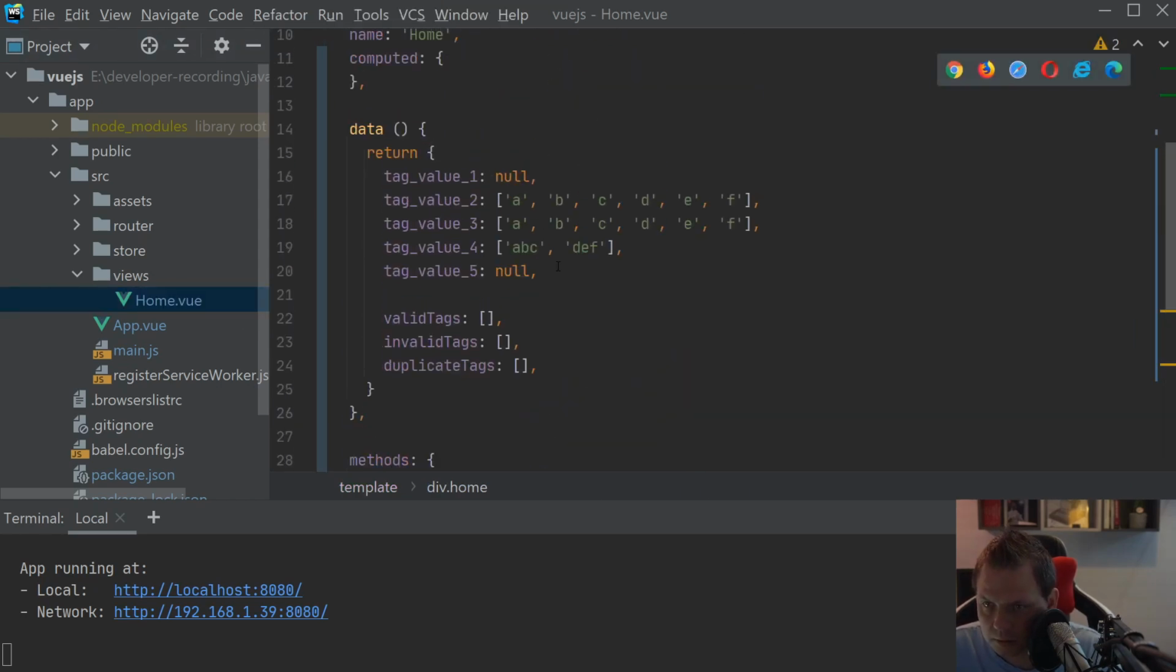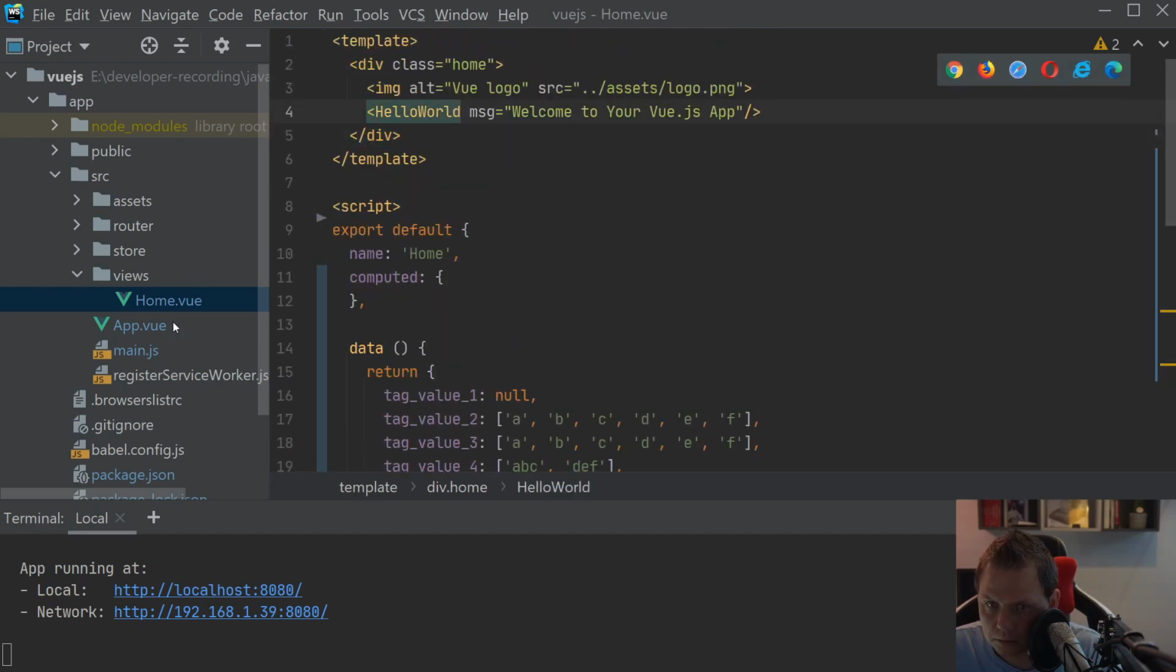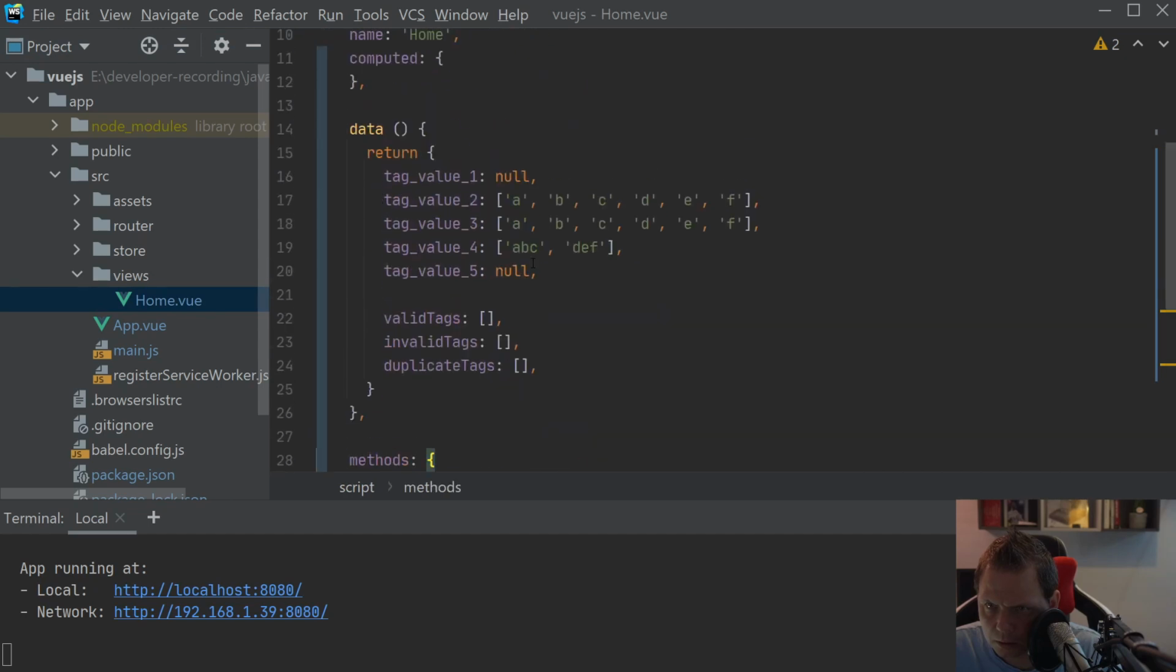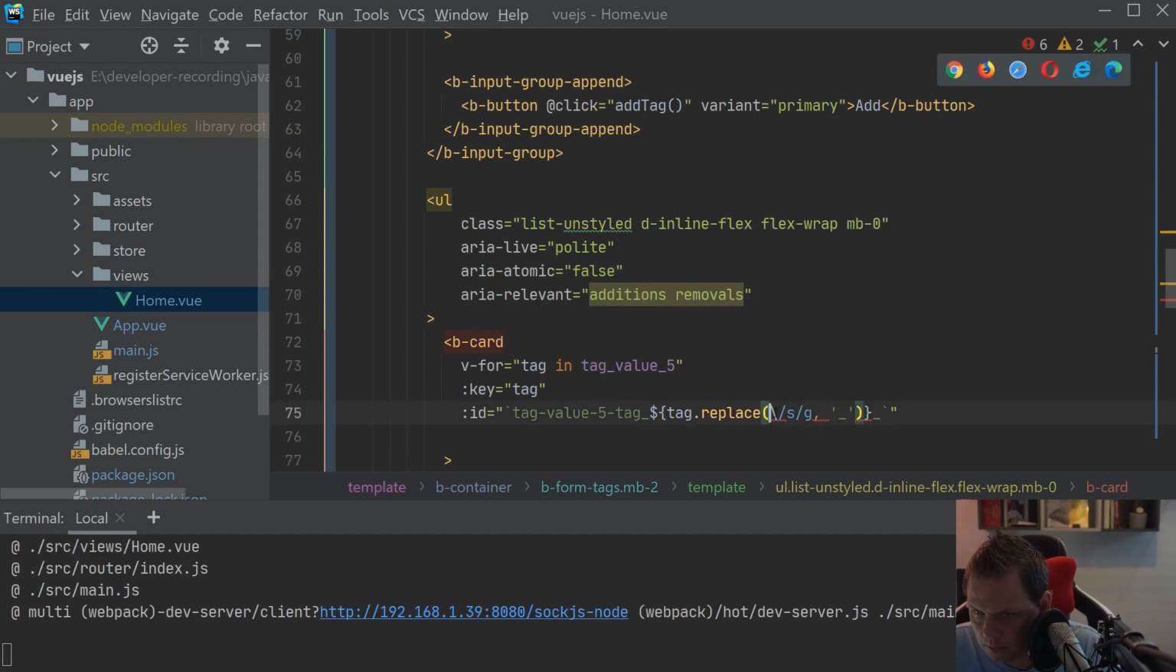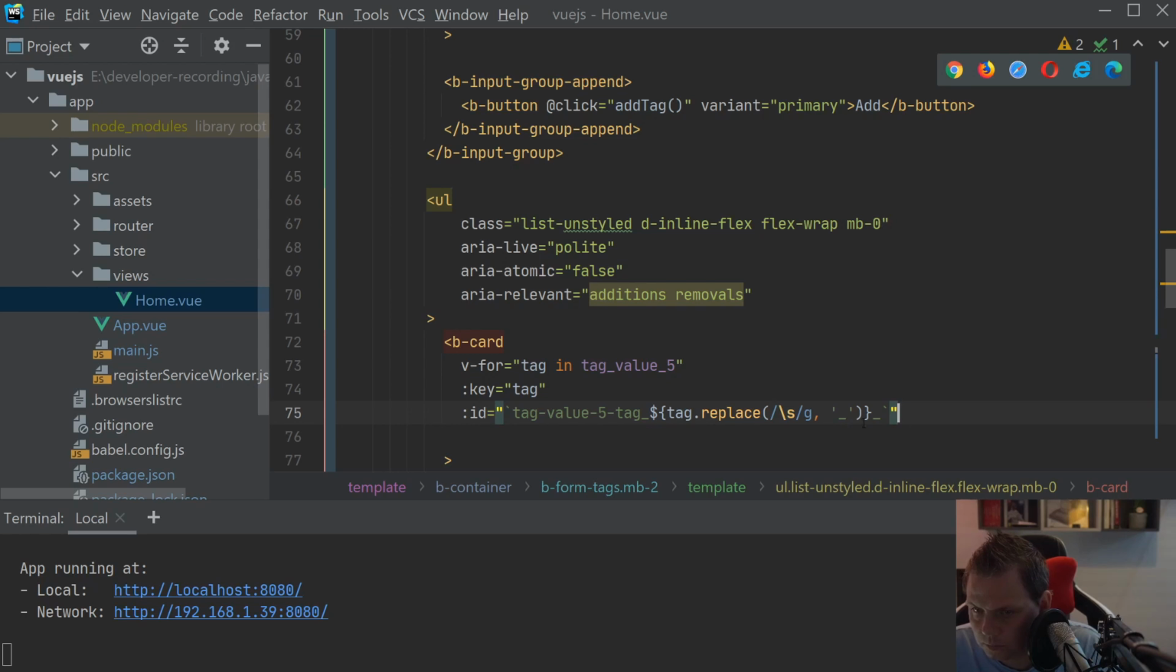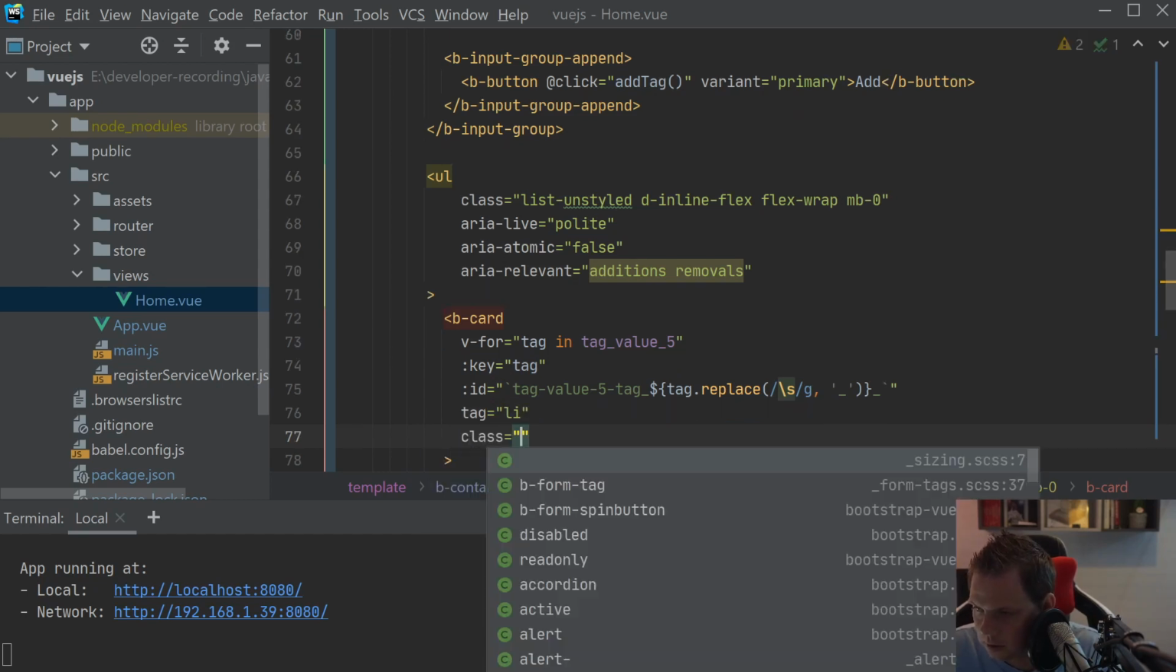Okay, it's not the right one. Where do we go? Yes, here we go. Then ish, and then G comma underscore, and there we go. Yes. Okay, we have an error here. Okay, then we go. And then we are ready to say tag is equal to li, and then class mt1